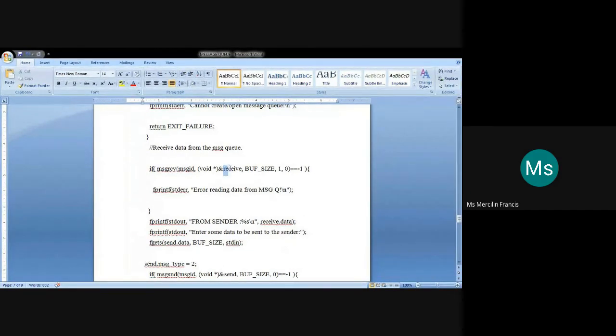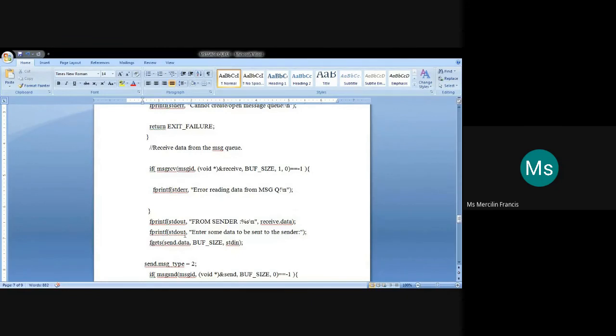Once the data is read and stored in this receive structure variable, you will be able to identify the data part, and that data part can be given for display using fprintf to standard output. Now the receiver has received the data from the sender. The next task is that the receiver needs to send data to the sender. So first, after receiving, it prints to the output screen, and there is some data that needs to be sent to the sender.